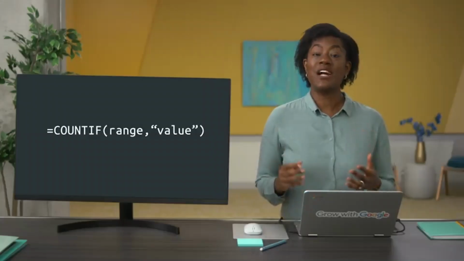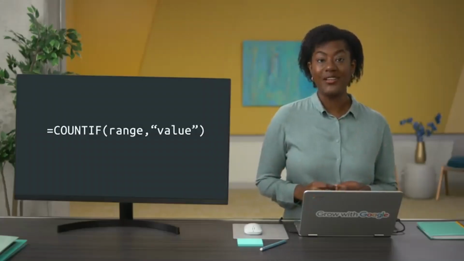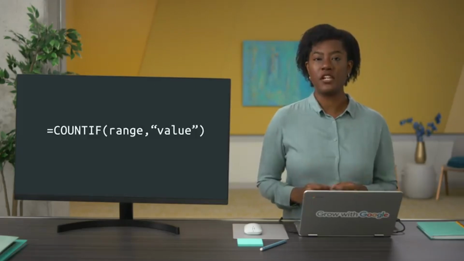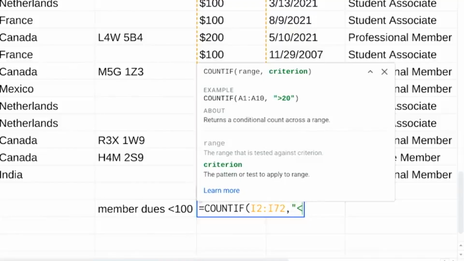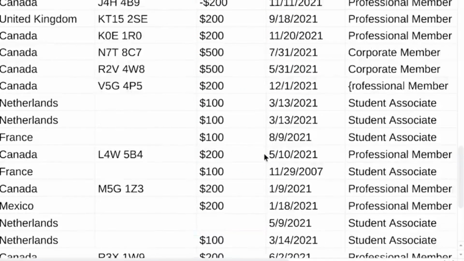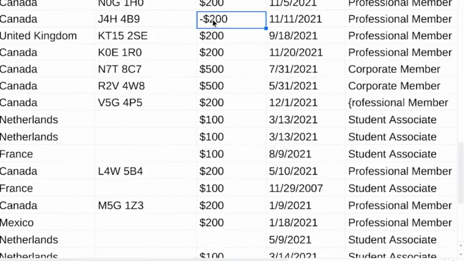So let's learn how these functions, COUNTIF and SUMIF, can help you do calculations for your analysis more easily and accurately. We'll start with the COUNTIF function. You might remember COUNTIF from some of the earlier videos about data cleaning. COUNTIF returns the number of cells that match a specified value. Earlier, we showed how COUNTIF can be used to find and count errors in a dataset. Here, we'll only be counting.